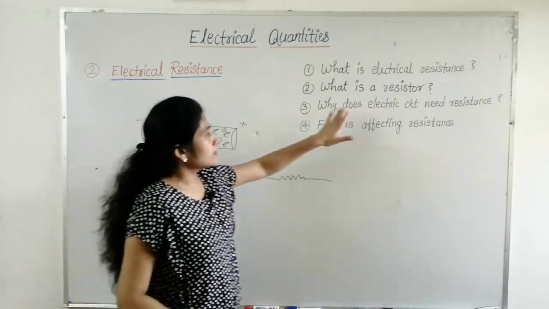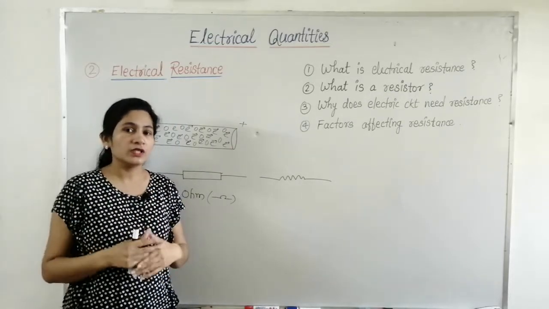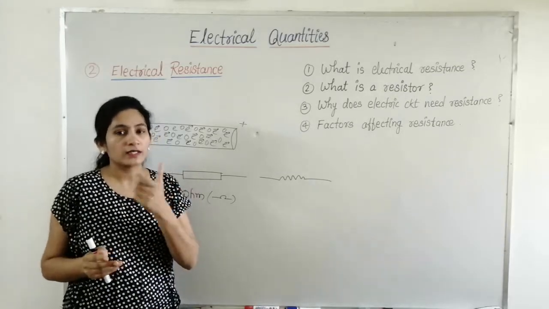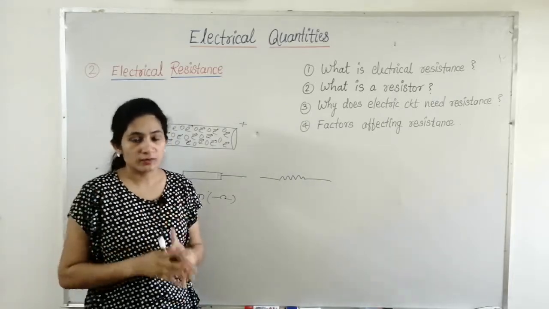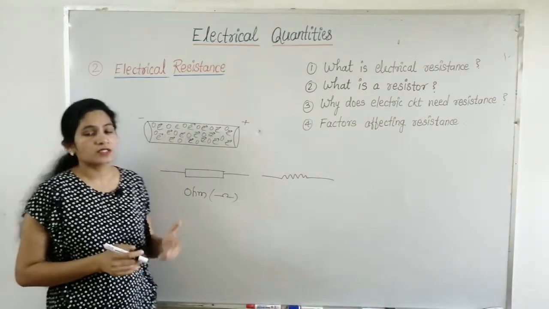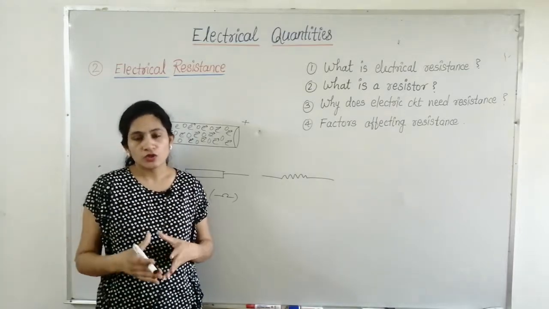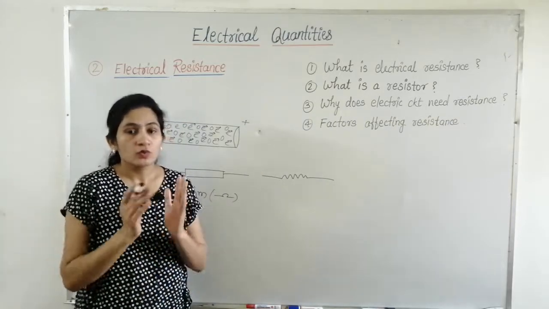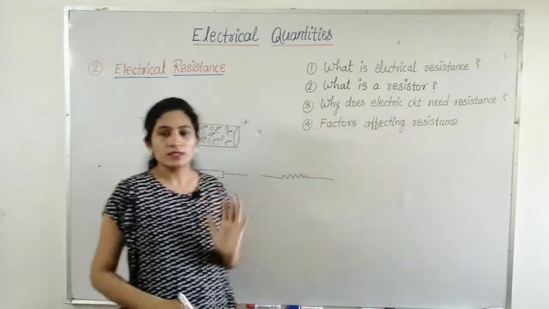Our next point is, why does an electric circuit need resistance? Now, this question often comes to your mind, why do we need electric resistance in a circuit? See, if you take a short length of wire and connect it between the two ends of a battery, then it produces a lot of damage to the battery as well as to the wire, because both may get hot. If we do not use an electric resistor in a circuit, then a large amount of current flows through the circuit which produces a short circuit. And we know that a short circuit is very dangerous with a high voltage power source, and therefore it is necessary to use electric resistance in a circuit.